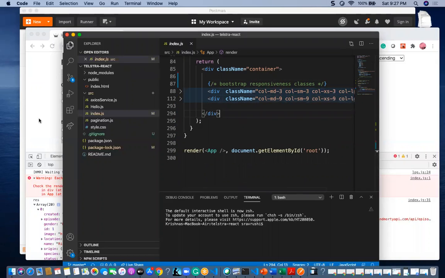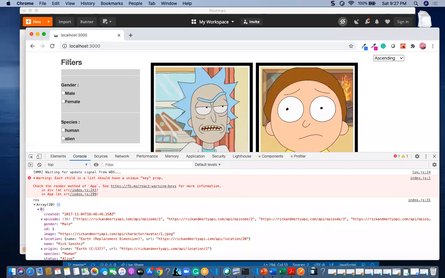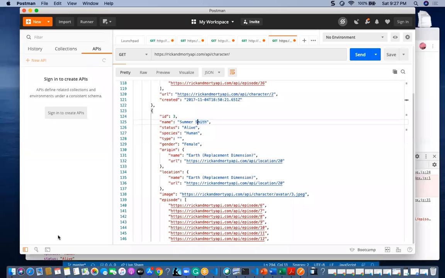In Bootstrap, the total screen is divided into 12 parts. The first three parts I have allocated for these filters, and the next nine parts I have allocated for the view of the cartoons.